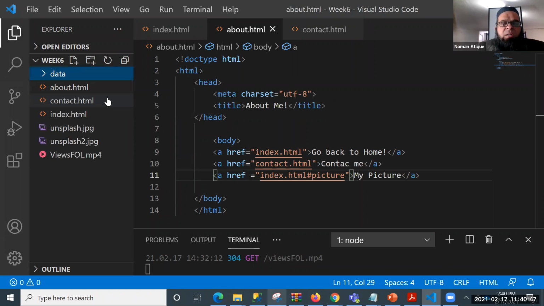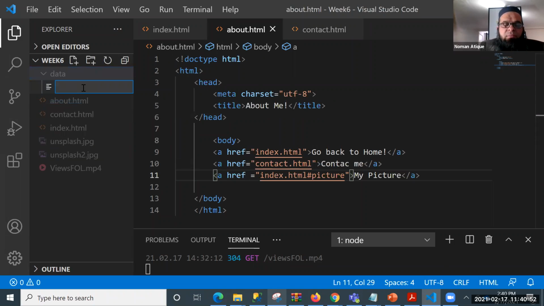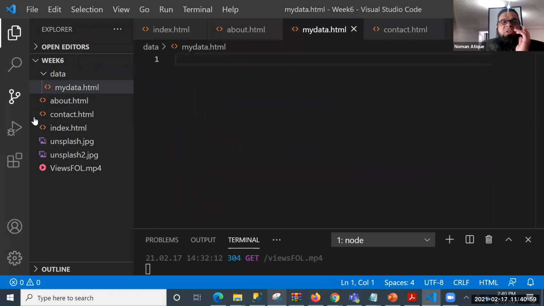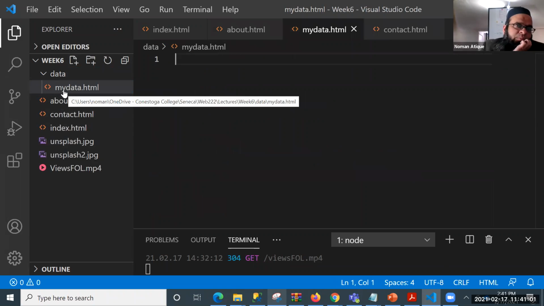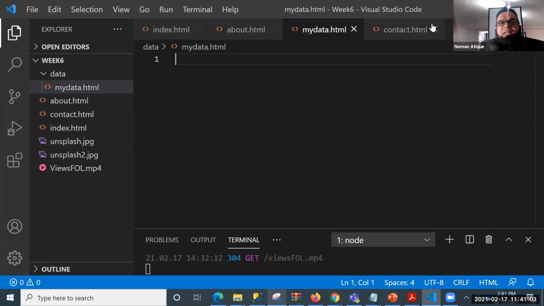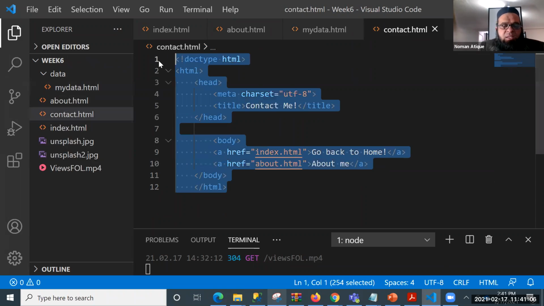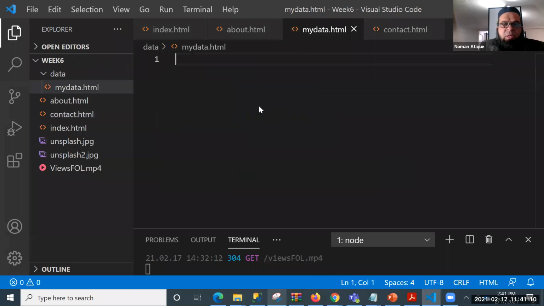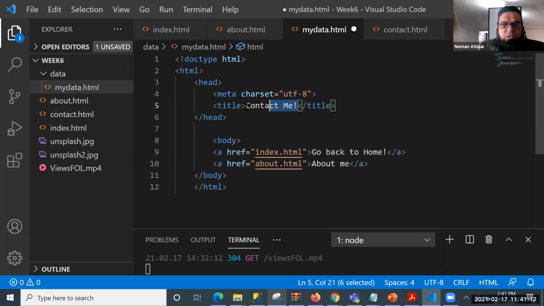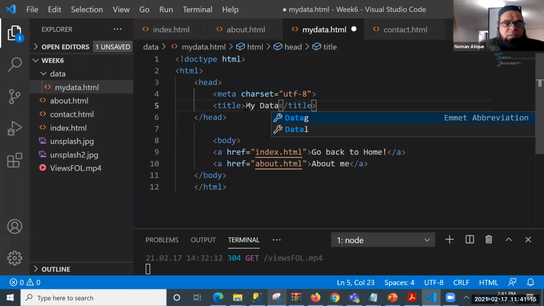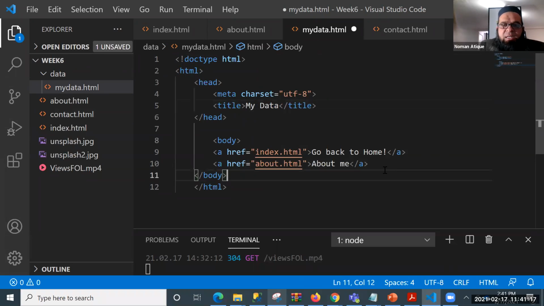Inside that folder, create another file, my data.html. This file consists of nothing but, again, let's copy this one in my data. So make an HTML page, my data, and leave these as they are.